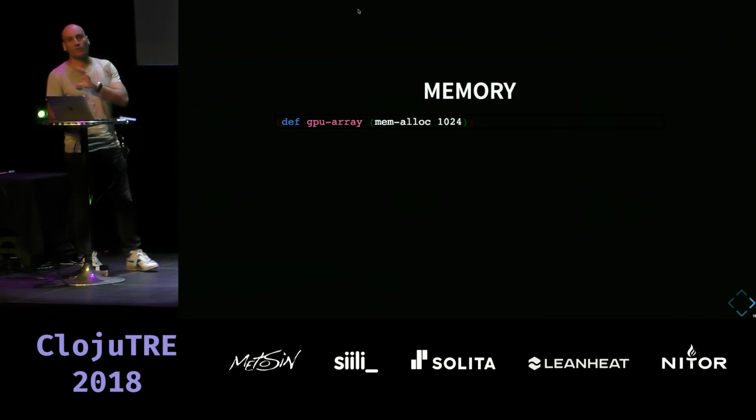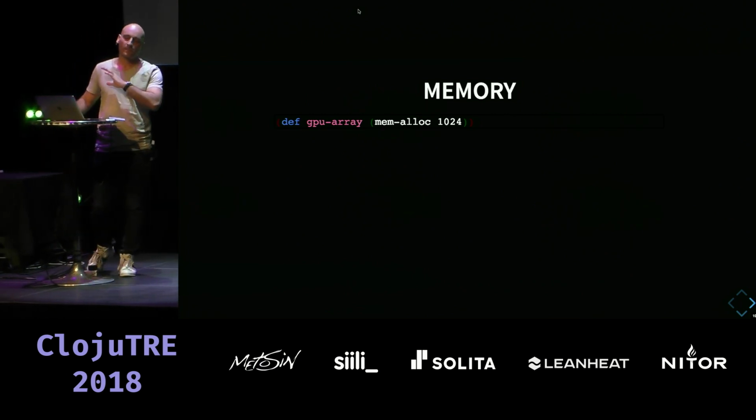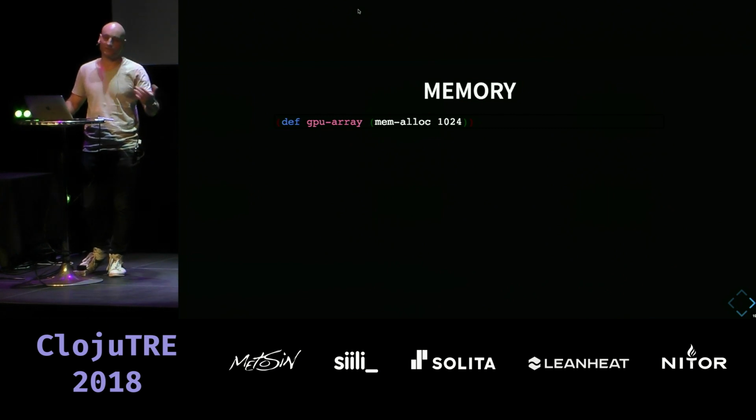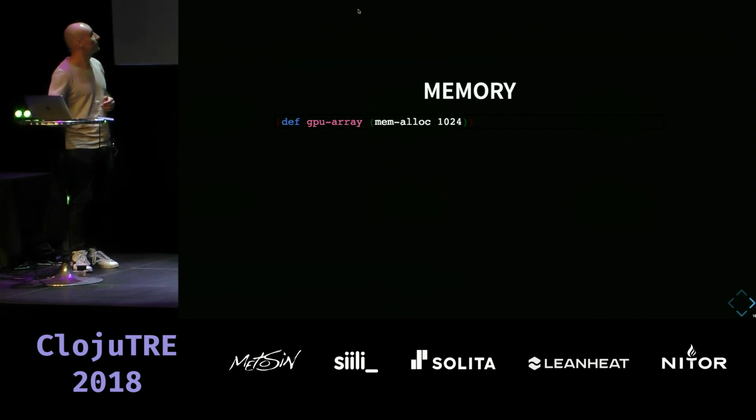And all functions usually work destructively. That's the main difference with functional programming.